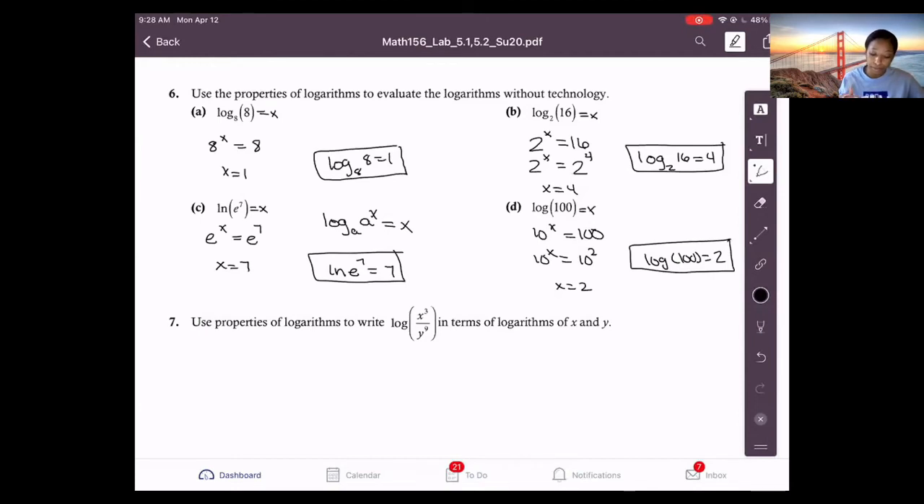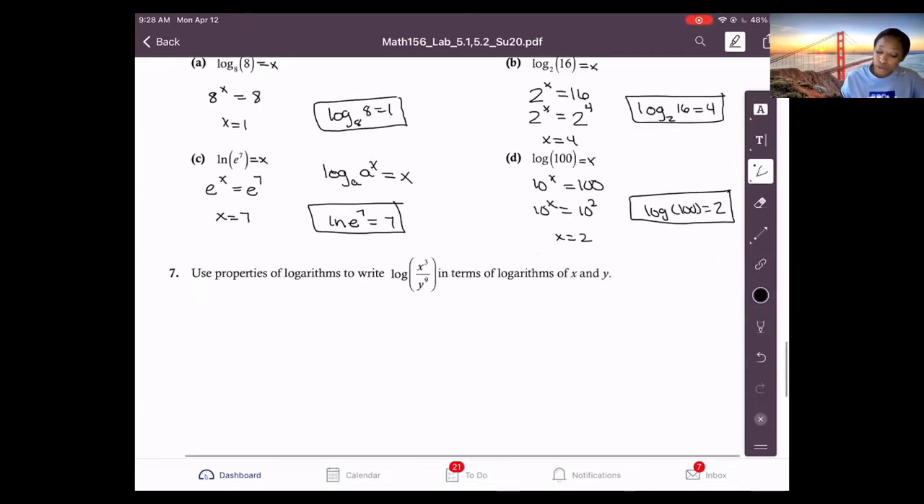All right, last problem from this lab. We want to use properties of logarithms to write log of x cubed over y to the 9th in terms of log of x and y. So instead of log of x cubed, we just want a log of x. And instead of log of y to the 9th, we just want log of y. So in order to do this, we're going to use the properties where we condense and expand logs. First,